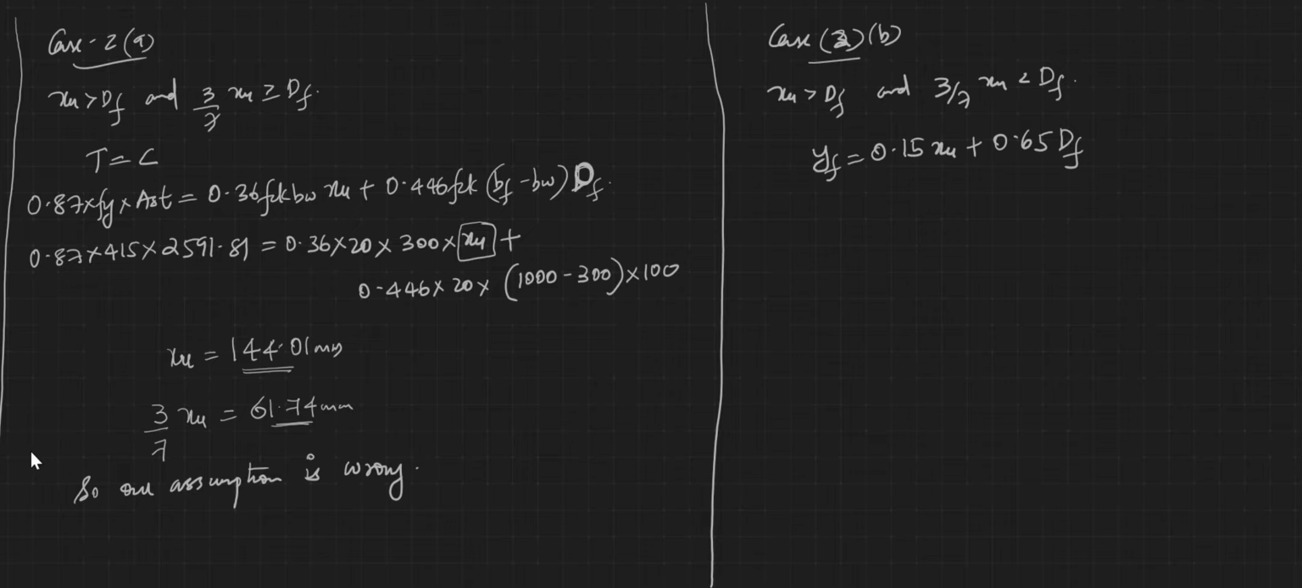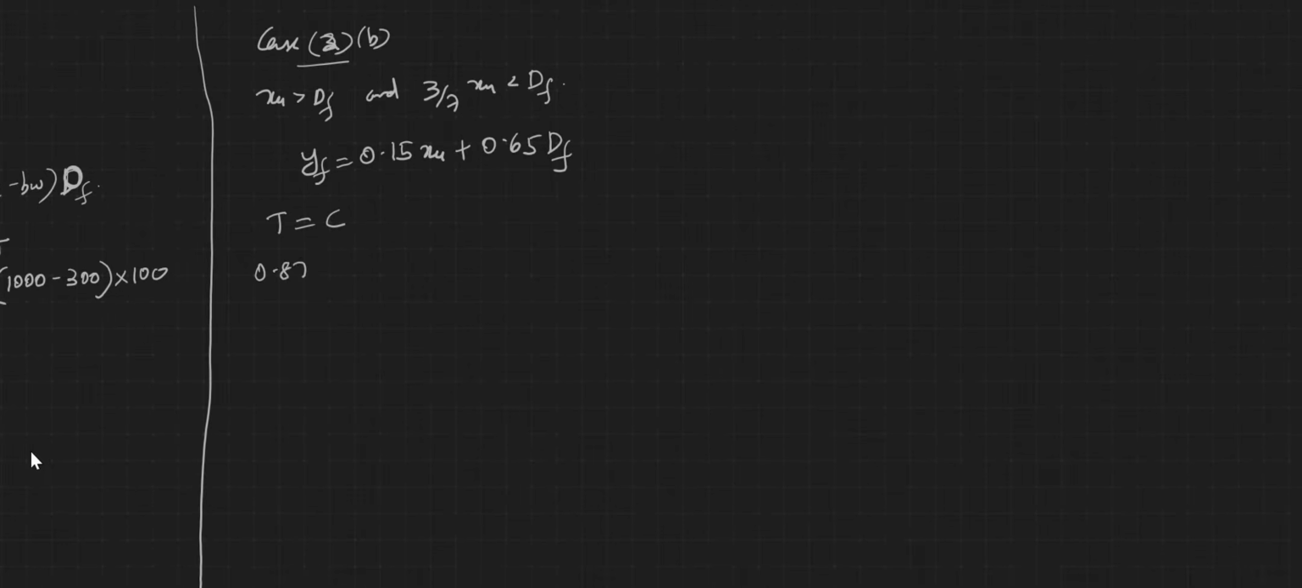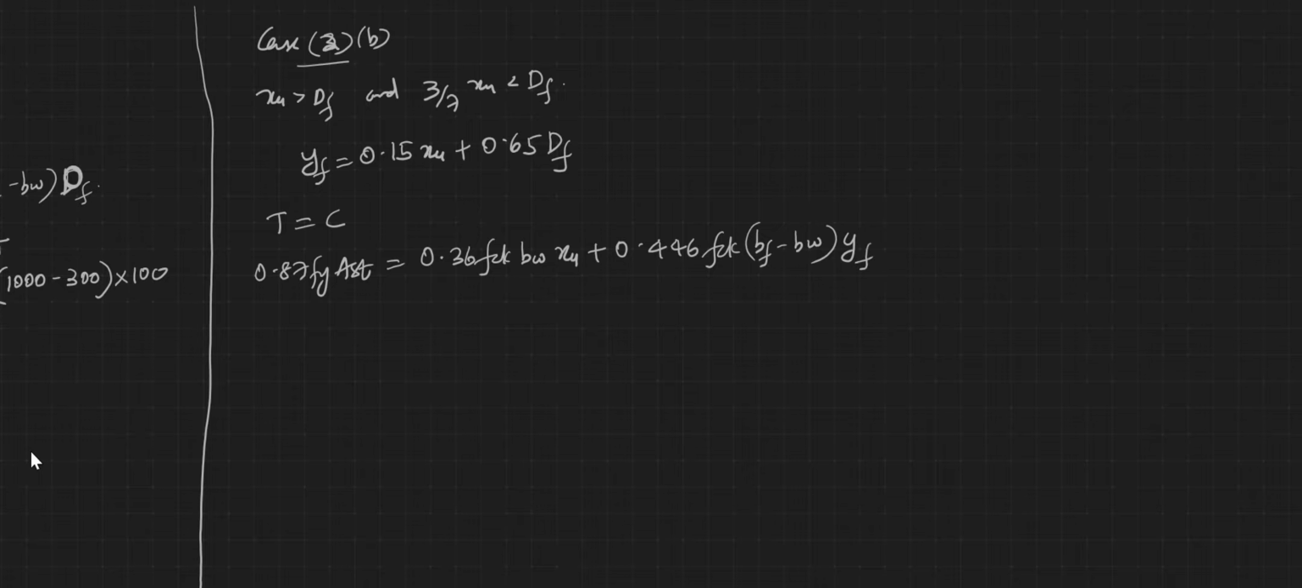So if I am writing total tension is equal to compression, I have the total tensile force as 0.87 Fy AST is equal to total compressive force as 0.36 FCK BW XU plus 0.446 FCK (BF minus BW) into YF. Substituting the value for YF as 0.15 XU plus 0.65 DF, I can write the equation for XU as XU is equal to, rearranging this one,